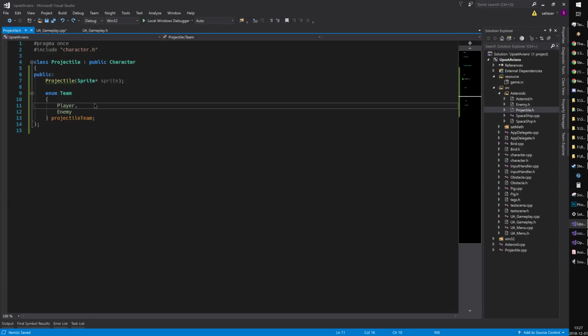But also with friendly and not friendly, it's longer to type. I mean, we could make it a boolean for friendly, and then set that to true or false. But I like using enums when I get the chance. It's a bad reason, but